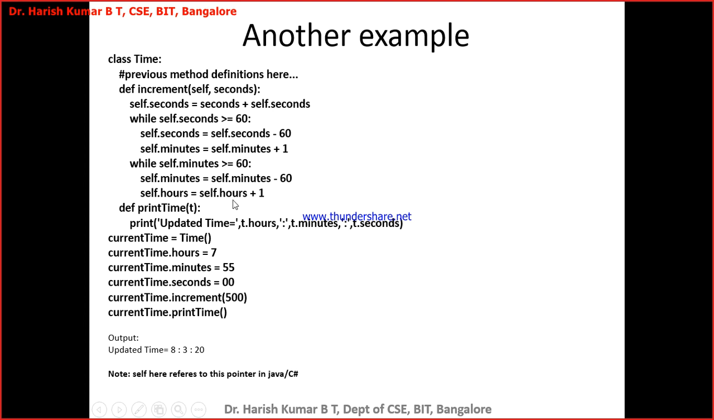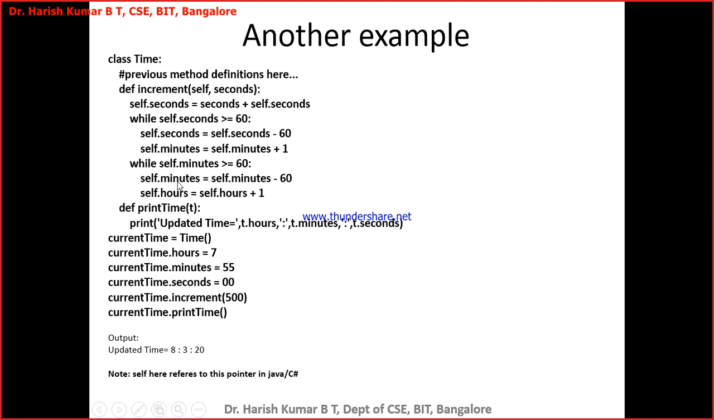Now here I am calling with 500. Self is nothing but the current time, and seconds is nothing but 500. Now what I am doing is self dot seconds equals seconds plus self dot seconds. I am accessing the seconds attribute from the current time object, and to that I am adding 500 seconds. After adding, I am checking while the number of seconds in the self object is greater than or equal to 60, I subtract 60 from the seconds attribute of the self or the current time instance, and increase the minutes by 1 for the